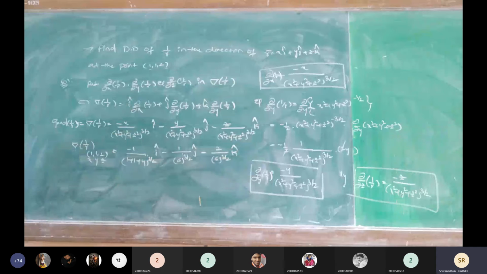Now what is the simplification? 6 can be written as